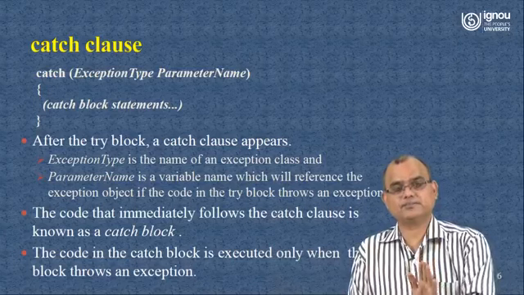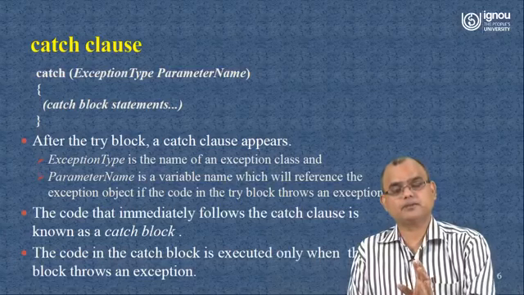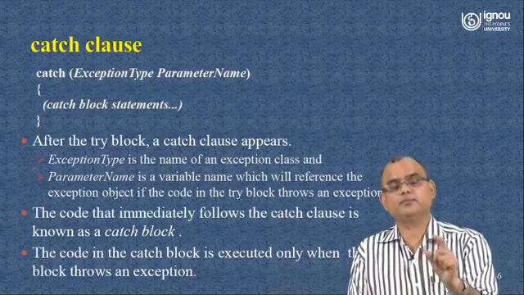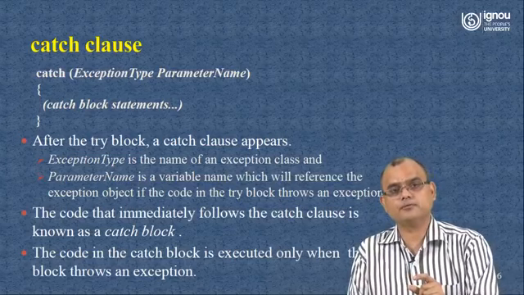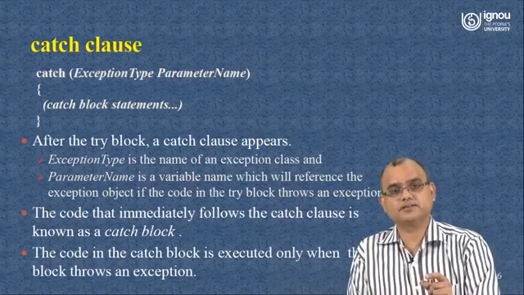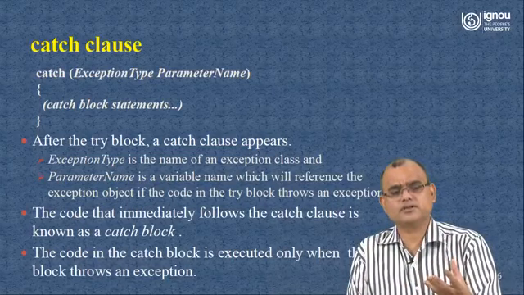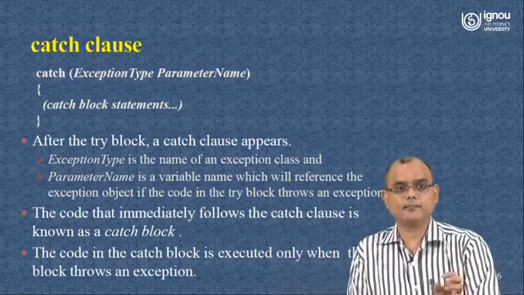And inside this catch block, whatever we have written has been written to manage that exceptional condition. So if one exception occurred, let us say exception E1, then on the basis of the occurrence of E1, what is your stand to take care of that exception E1? For that you will write a catch block. Inside that catch block you will write some programming code to manage that exception situation, or you will simply display some message that this exception has occurred, and you will come out of that block.